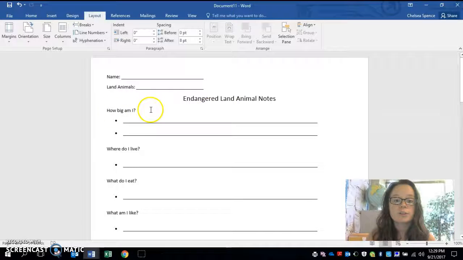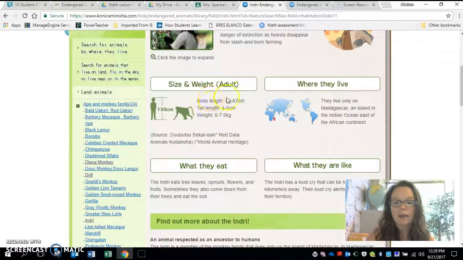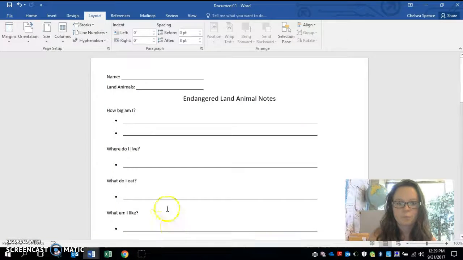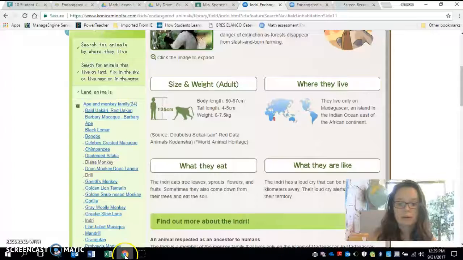When I'm looking at the very first thing I need to look for, how big am I? I'm going to look back, and I might write I'm 60 to 67 centimeters, 4 to 5 centimeters is my tail length. I weigh between 6 and 7.5 kilograms. When I get to the next section, which is where do I live,